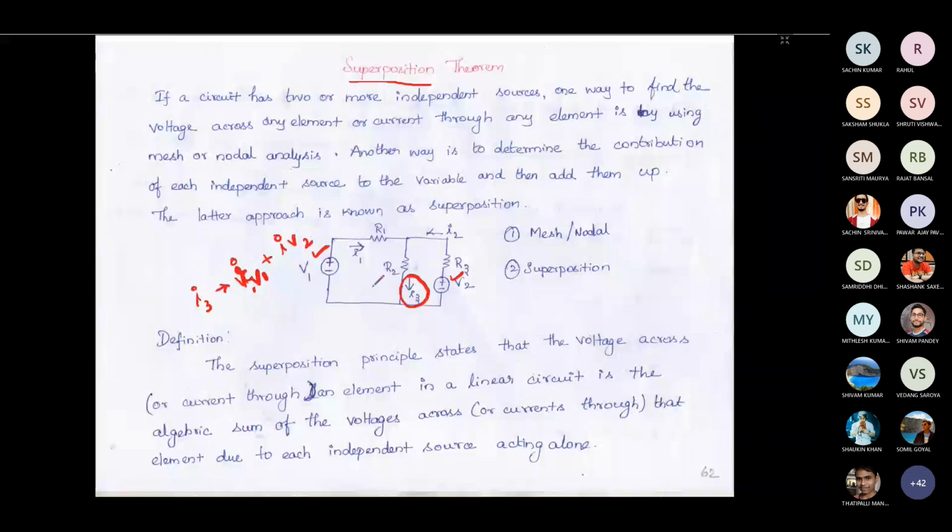Means that this voltage source is going to provide some current through this path, and this voltage source is going to provide some current through this path. Now, the resultant current, that is I3, is going to be the summation of the individual currents provided by the individual sources. So here you are having two sources. Each source will contribute some current for this I3. So this I3 will be given by the resultant of I1 and I2.